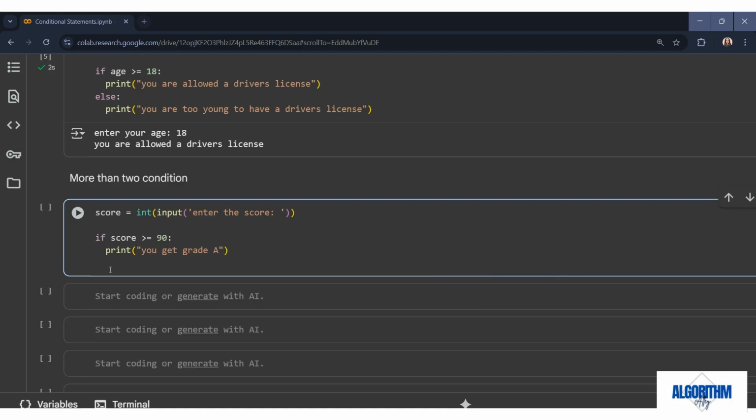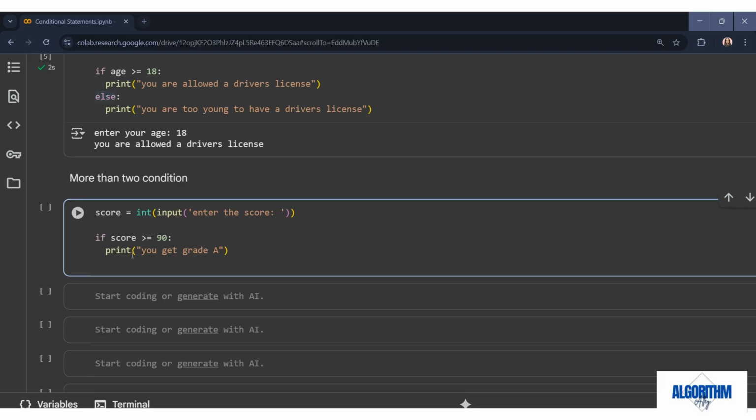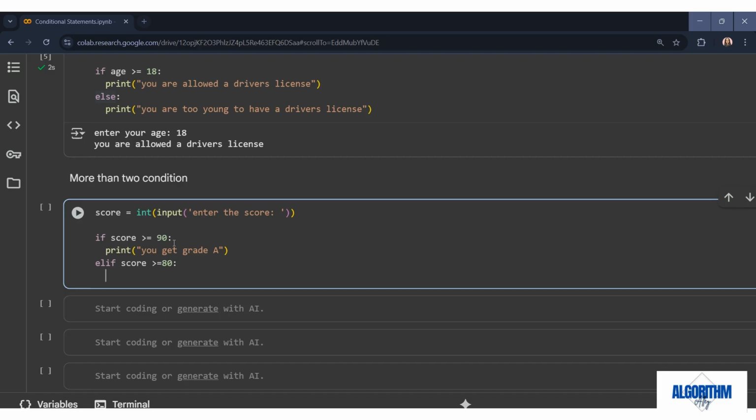Okay, now I want to give one more condition here where it's checking if the score is more than 80, and then what do we print? Okay, so this time I won't say else, because else only specifies an otherwise statement, right? But here I wanted to actually give a condition, so I'm going to say ELIF, which basically translates to else if, right? So ELIF the score is more than or equals to 80, then you print that you get grade